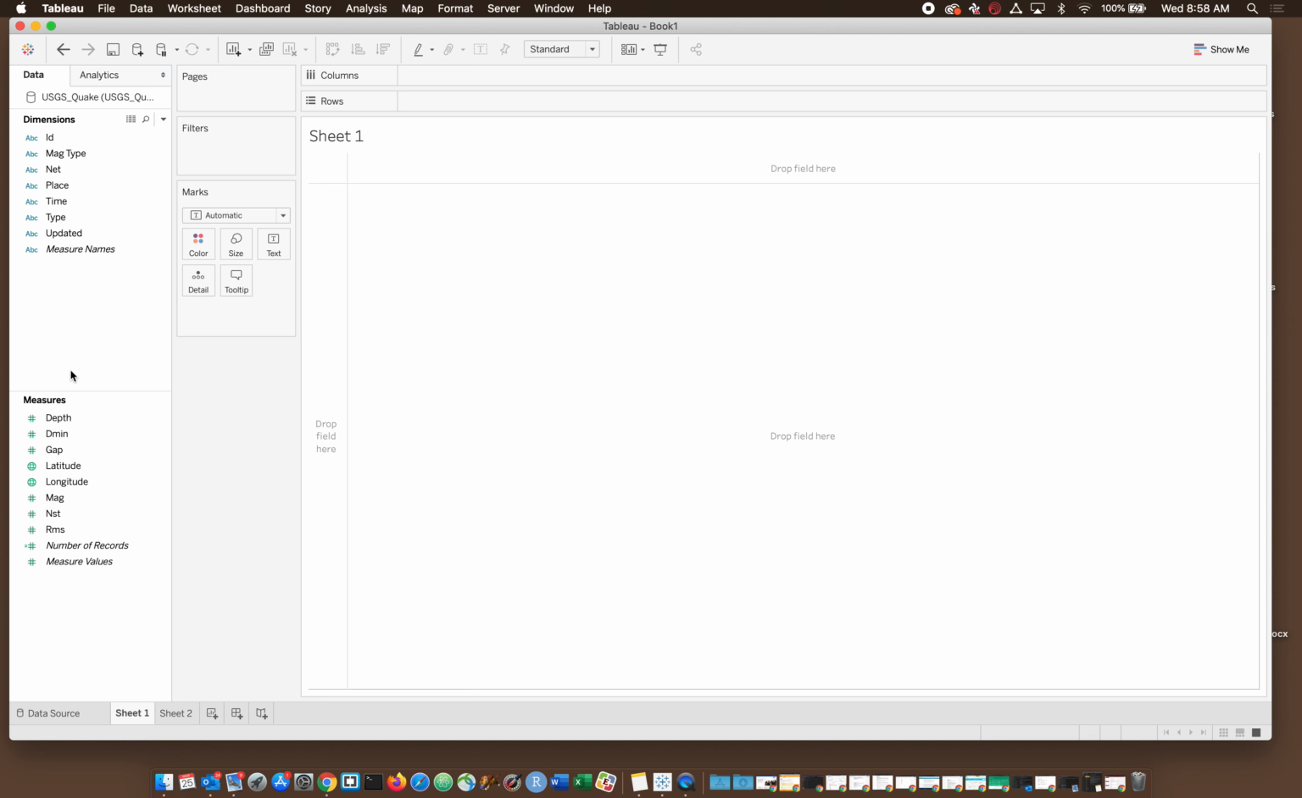You'll notice that the measurements in this data file have been broken into dimensions up here and measures down here. Measures would be things like median household income or obesity rates, or in this case, magnitude. You can see latitude and longitude are listed down here. They are really dimensions. We want to use them to